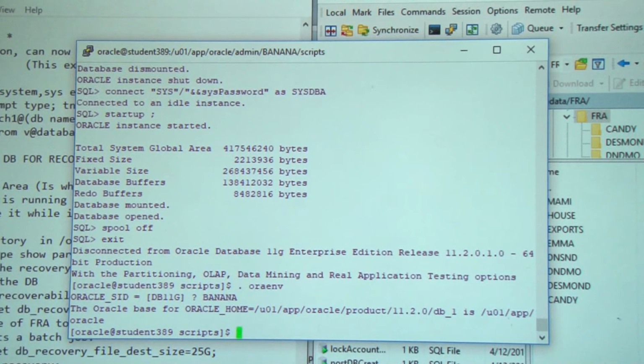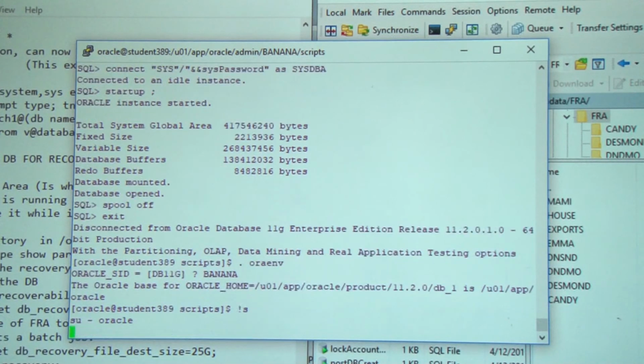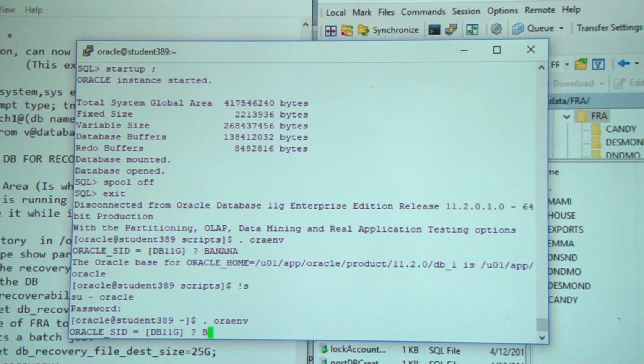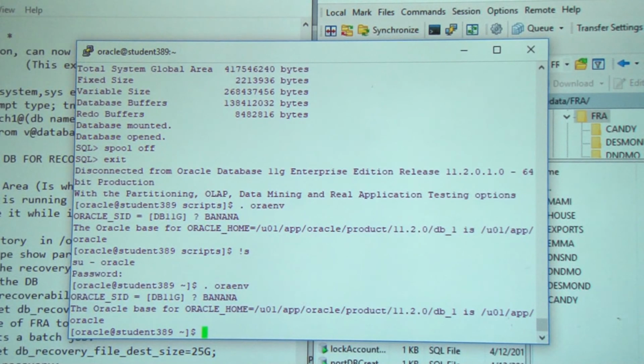So I'm in it and I want to log into SQL. So you want to make sure that you're logged